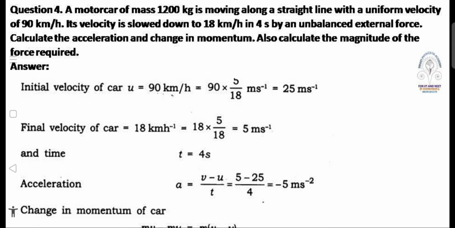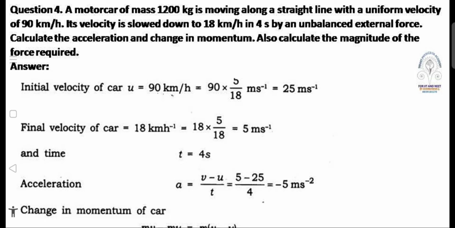Question number 4. A motor car of mass 1200 kg is moving along a straight line with a uniform velocity of 90 km per hour. Its velocity is slowed down to 18 km per hour in 4 seconds by an unbalanced external force. Calculate the acceleration and change in momentum. Also calculate the magnitude of the force required. Answer. Initial velocity of car u equal to